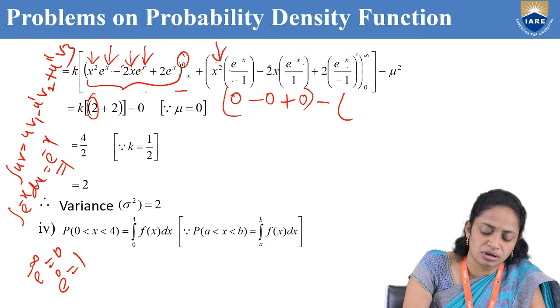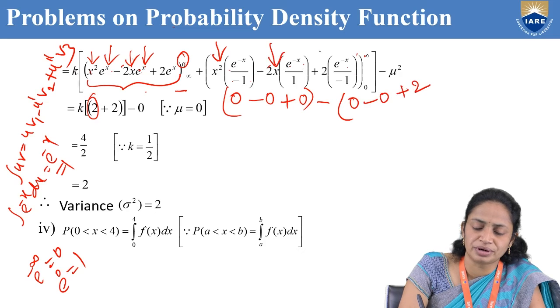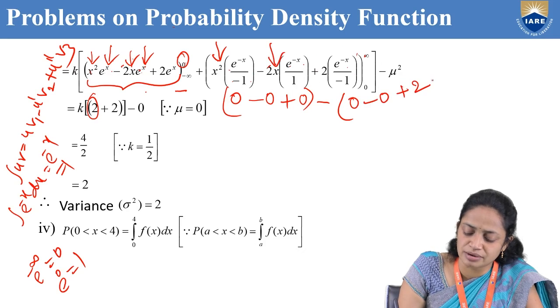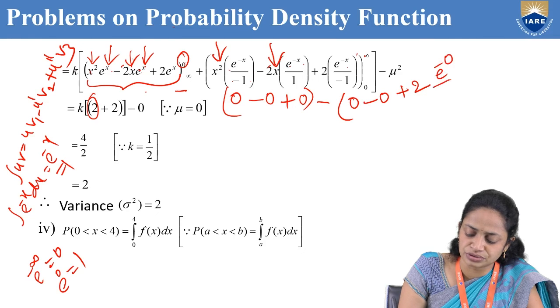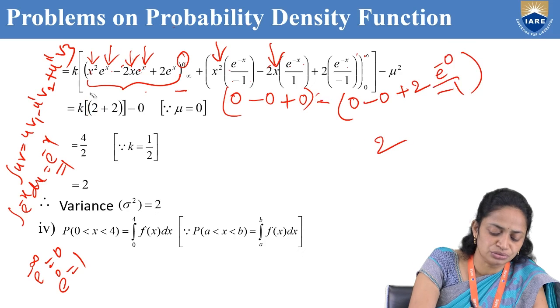Okay, so this is 0. 0 into anything is 0. Minus this is 0. Plus 2 into, we don't have x here. That's why here I am substituting e power minus 0. So that is 1. So minus into minus, plus 2 is there. So 2 plus 2, that is 4. So k into 4 minus,